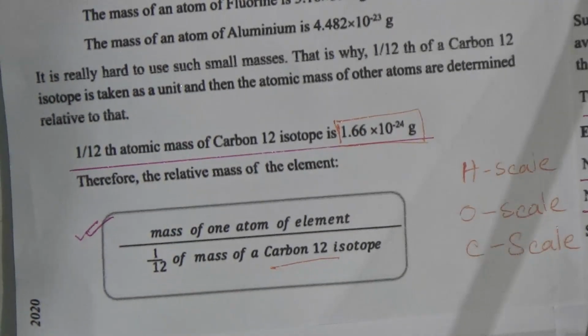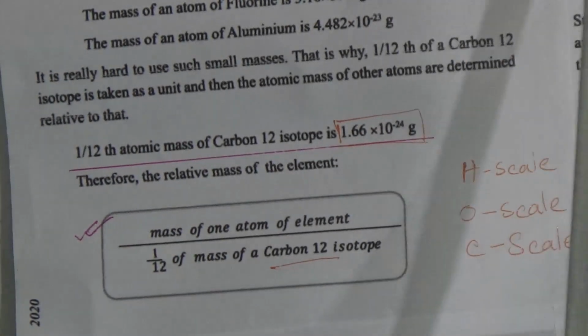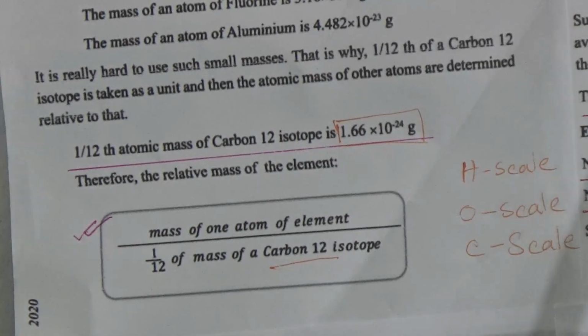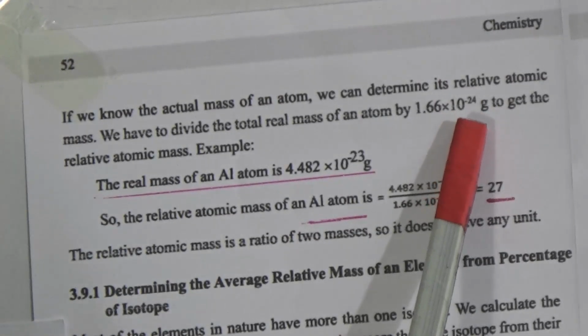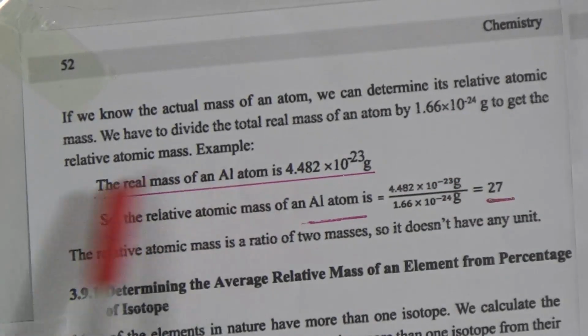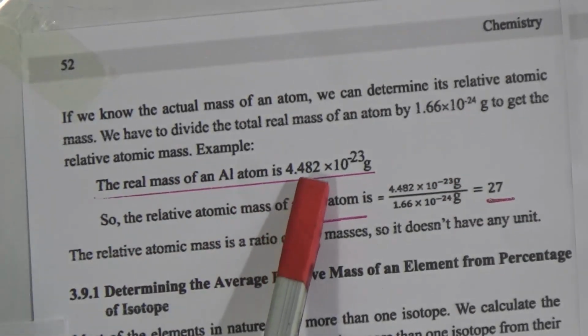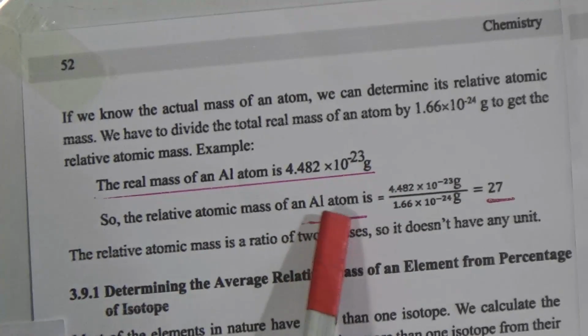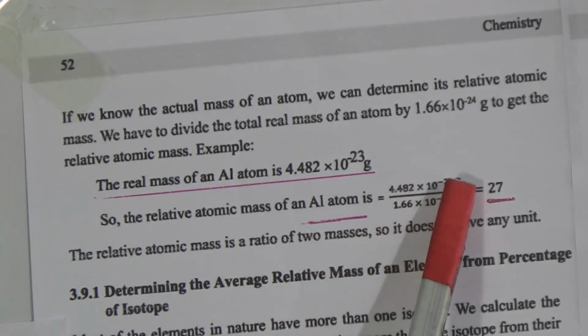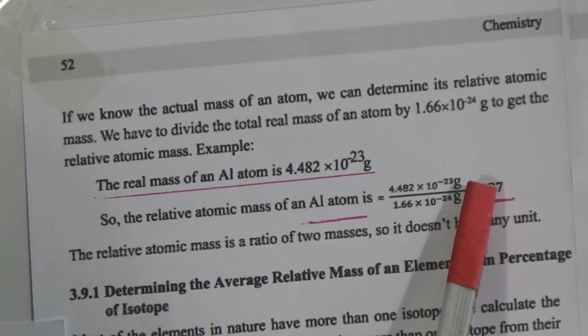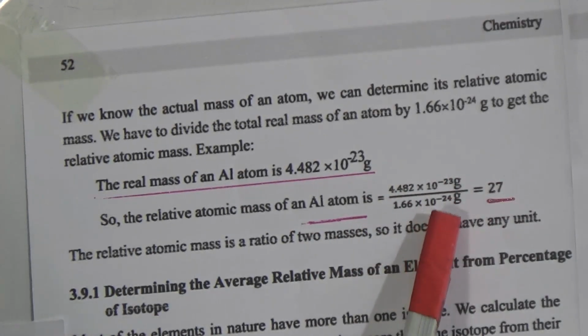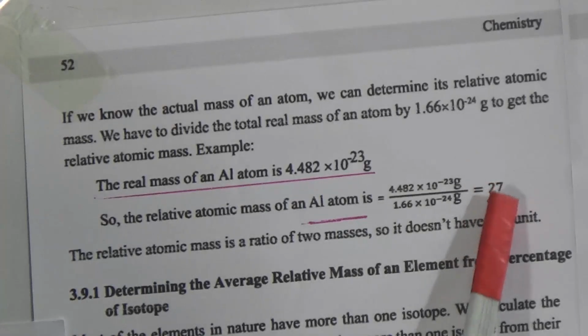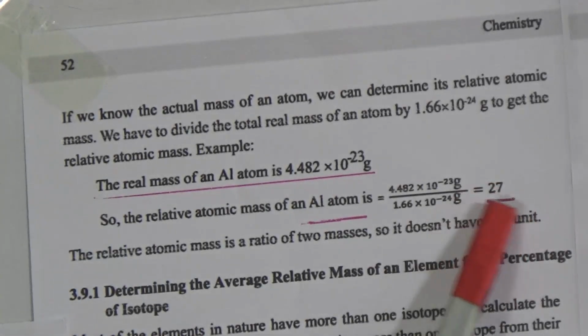If we know the actual mass of an atom, we can determine the relative atomic mass. We have to divide the total real mass of an atom by 1.66 multiplied with 10 to the power minus 24 gram to get the relative atomic mass. The real mass of aluminium is 4.482 multiplied with 10 to the power minus 23 gram. So the relative atomic mass of the atom is 4.482 multiplied with 10 to the power minus 23 gram divided by 1.66 multiplied with 10 to the power minus 24 gram. Then if we divide using the scientific calculator, we will get the relative atomic mass of aluminium is